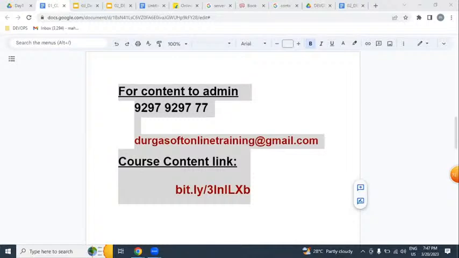For a live real-time project, what does it mean? Not for putting on a resume. We're going to implement exactly the tasks you do in real time in your job. That is the project. So don't assume the project can be kept on a resume; that is a different case. And I will tell you how to prepare a resume. That is the second way. Anand, I hope you understood me.